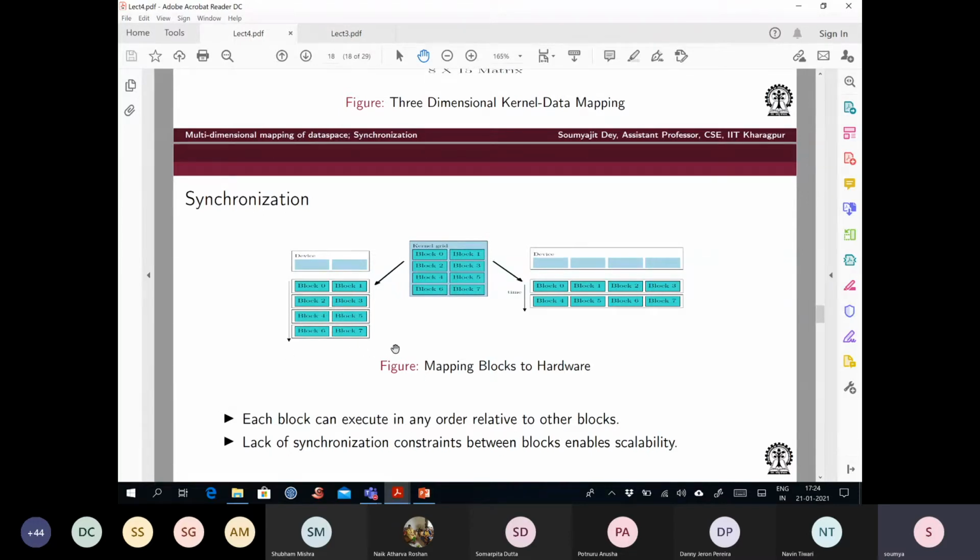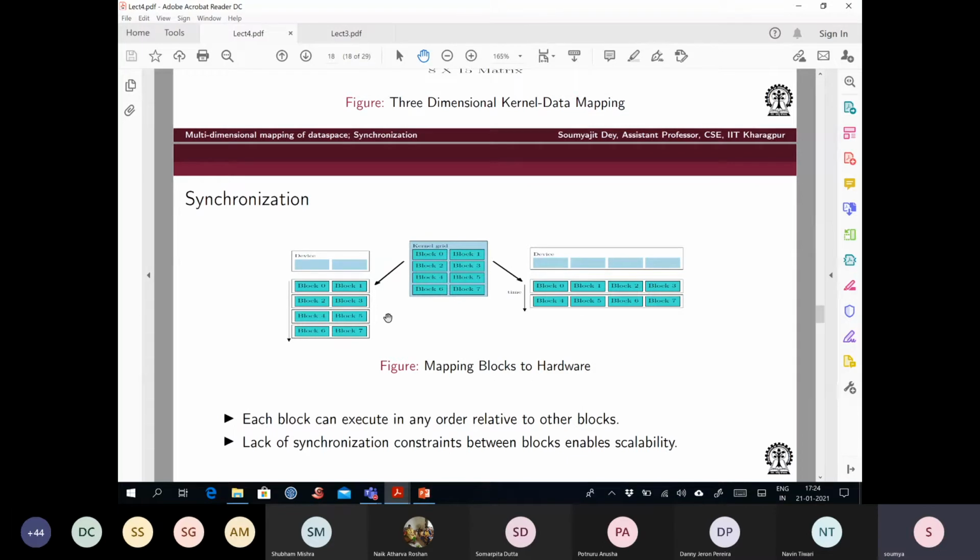Now, depending on how many SMs you have, multiple blocks can move on in parallel. For example, here you can have 4 blocks executing in parallel, if there are that many SPs which can physically support them. If you have a smaller number of scalar processors, then fewer blocks will execute, and it may take some more time. The idea is you want to scale your application, right? So you don't really want the machine to centrally control the execution of different blocks, because in future architectures you will like to have more SPs and SMs.